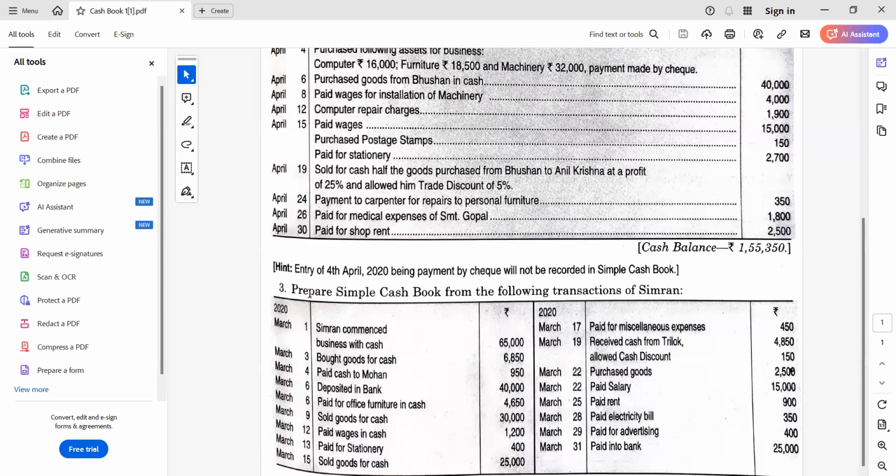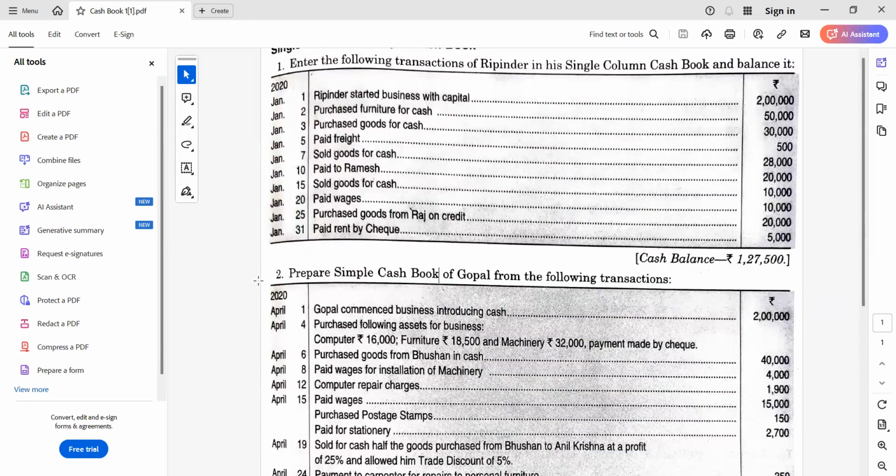Okay, so these two questions you have to solve. I have completed question number 1, so you have